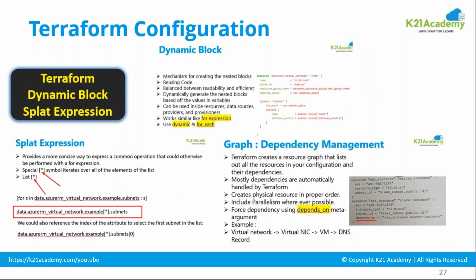We discussed the dynamic and splat expression. If you are creating multiple resources, then you can use for_each. That will help you to iterate over a specific data type, and then you can do the same task for each resource that you want to create. And when you want to output any attributes, you can use a splat expression to iterate over all the elements